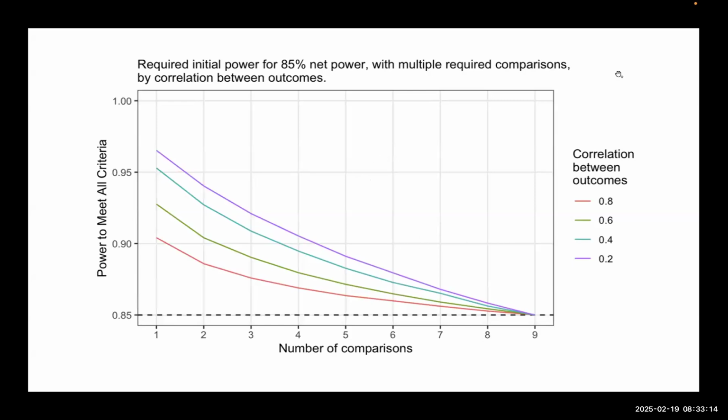And this chart shows what happens if your goal is to meet 85% here. You want to have 85% at 9, as you test 9 hypotheses, so you have to project backwards. How much power do I need to design each of the individual endpoints for to meet that target after 9? And the answer is somewhere in the 90+% range. So if you insist on having 9 multiple co-primary endpoints, then you need to design the study with a lot more power for each of the individuals to meet that.